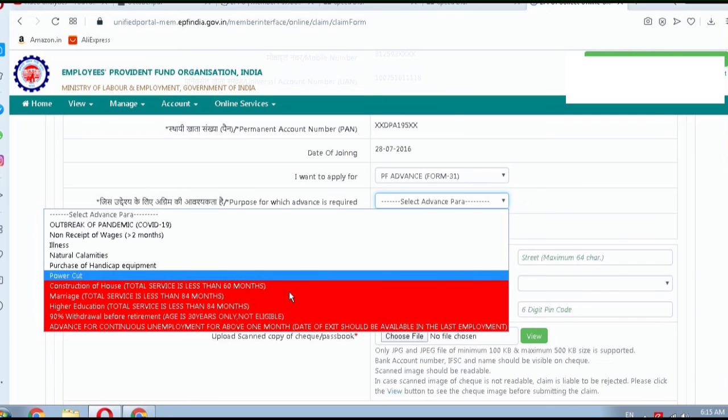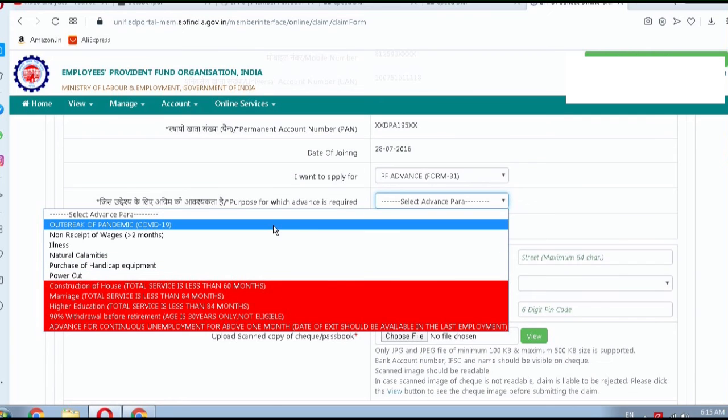In the drop down of the purpose for which the advance is required, you can see outbreak of pandemic COVID-19. There is a temporary provision the government is providing right now due to the COVID-19 situation we are having. You can avail 75% of the PF amount using this purpose. There are other purposes: illness, natural calamities, purchase of handicap equipment.